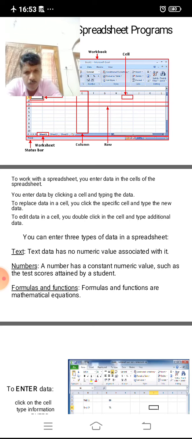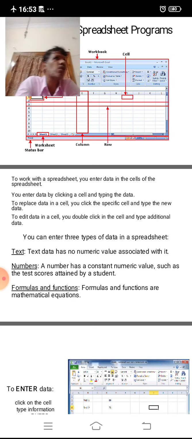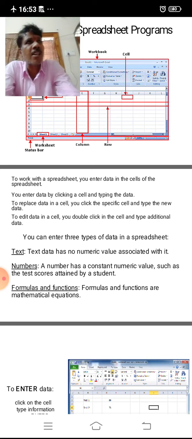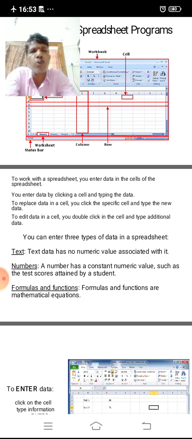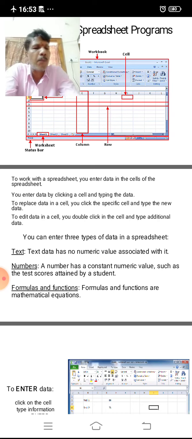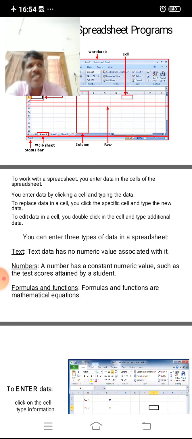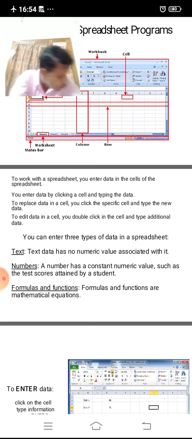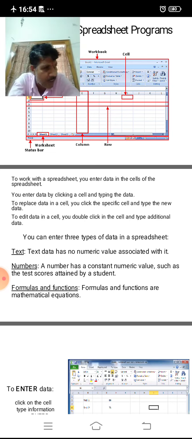Then formulas and functions. These are the mathematical options. Not only mathematical, financial and statistical formulas can also be used in Excel. To write any formula, the user has to start with an equals sign. If the user uses an equals sign before any text, Excel treats it as a formula.